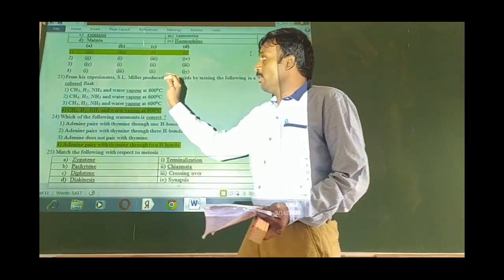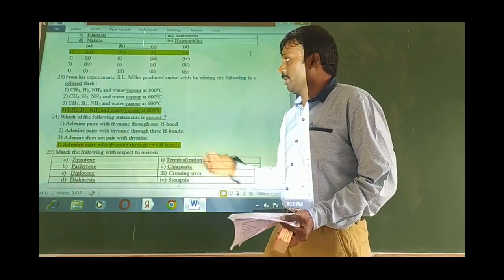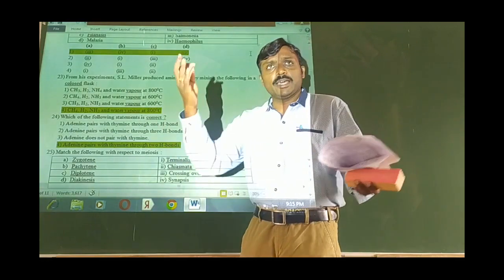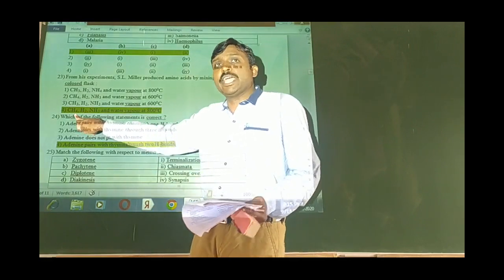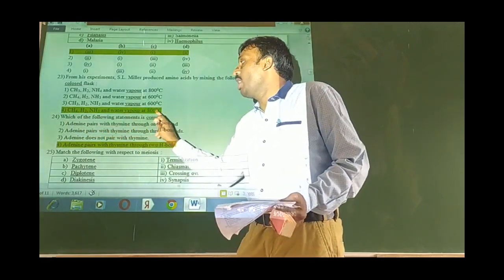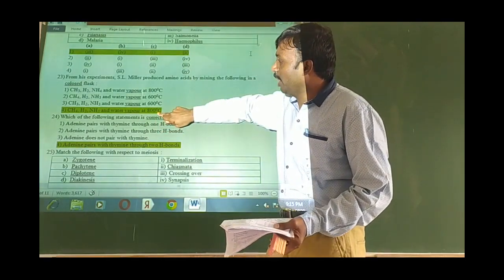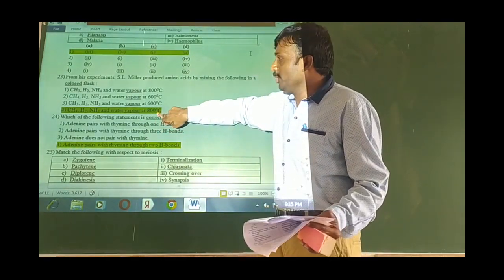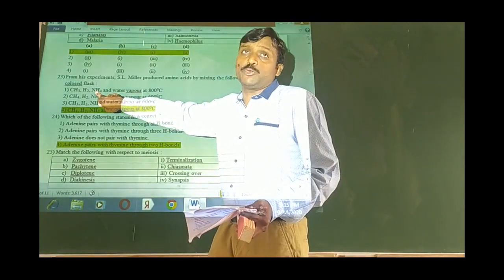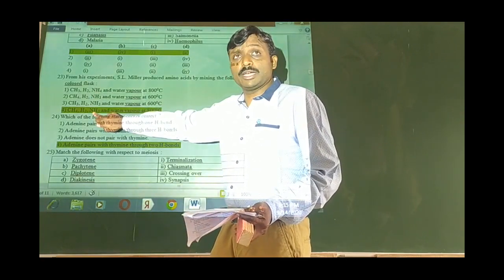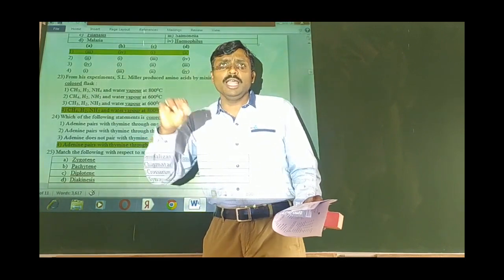So this is from our 23rd question from our evolution chapter, Stanley Miller's experiment. If you read the textbook thoroughly, this is very clearly mentioned there. So CH4, methane, hydrogen, ammonia and water vapor at 800 degrees Celsius. This is very important, and if you observe, they confused you with the first option. Here they mentioned NH4, but the original product is NH3. So you need to be very careful while choosing the options.